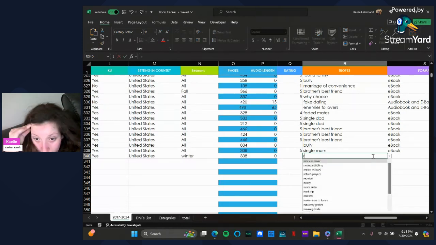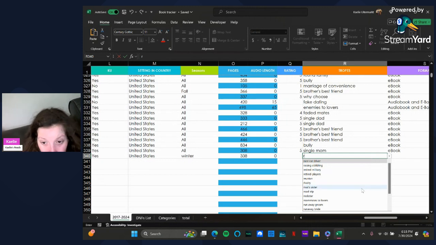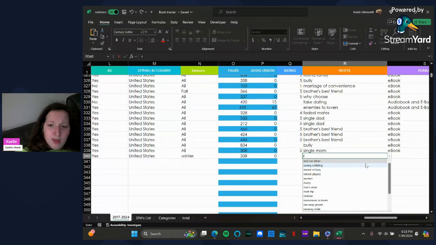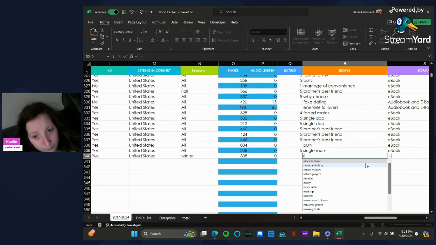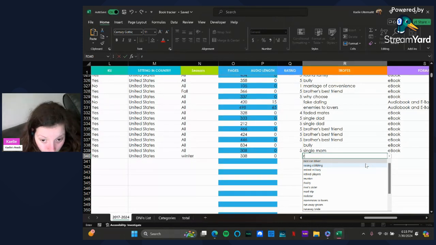So I'm going to start typing in R, and you'll see I have race car driver, raising siblings, retired military, retired players, so like sports players, reunion rivalry, where it's like a rivalry between schools where one character goes to one school and the other character goes to the other school, or a rivalry between players on two separate sports teams within the same school. Then I have rival sister,